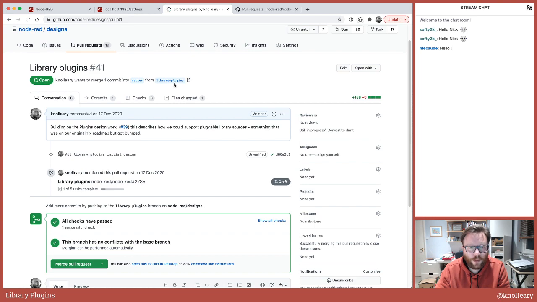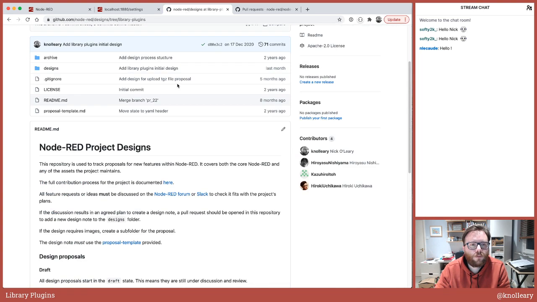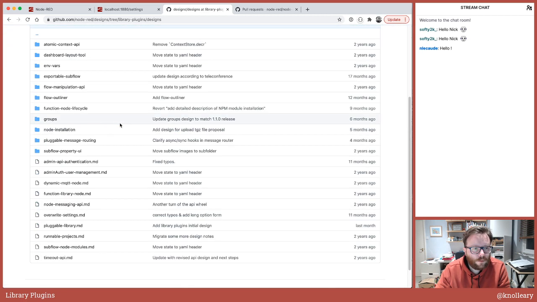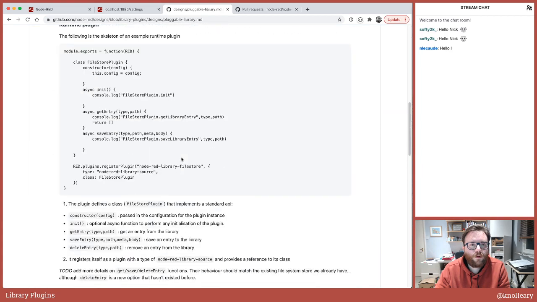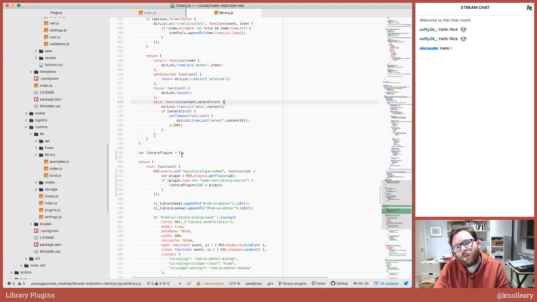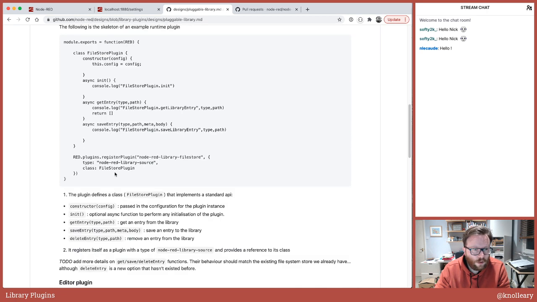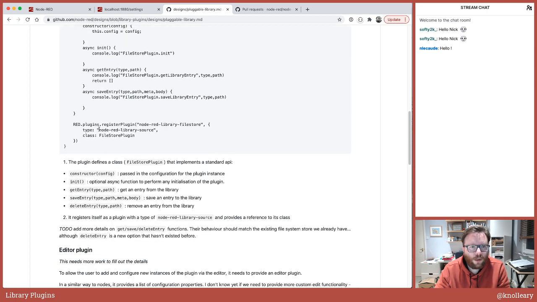Well, perhaps before we get there, let me... Library plugins. It's in this list somewhere. No. Pluggable library. That must be it. So the idea here is to have a plugin that is of a known type, in this instance a Node-RED library source type of plugin,